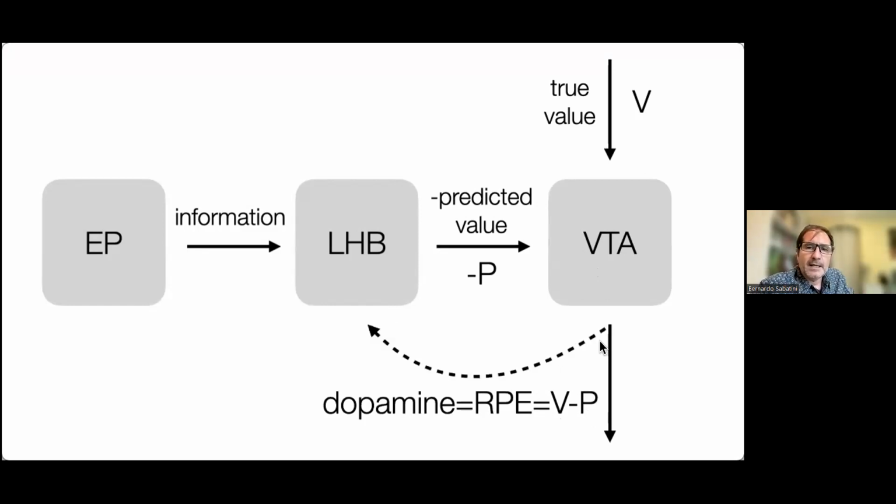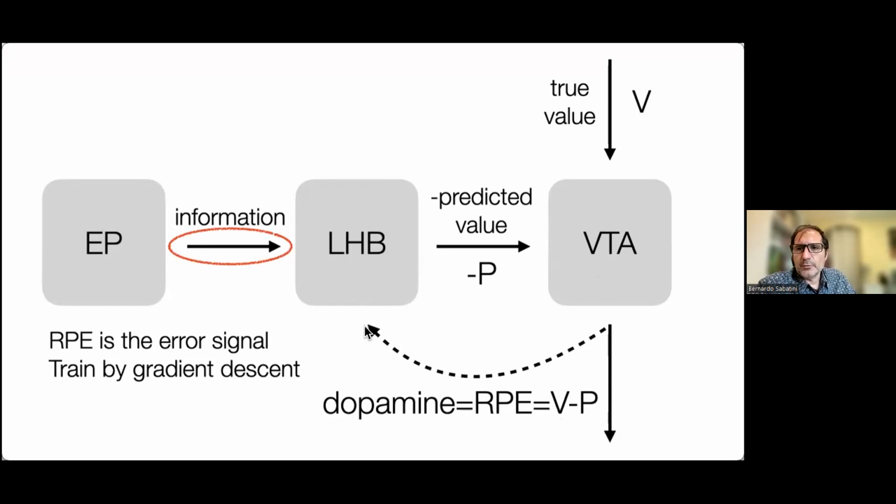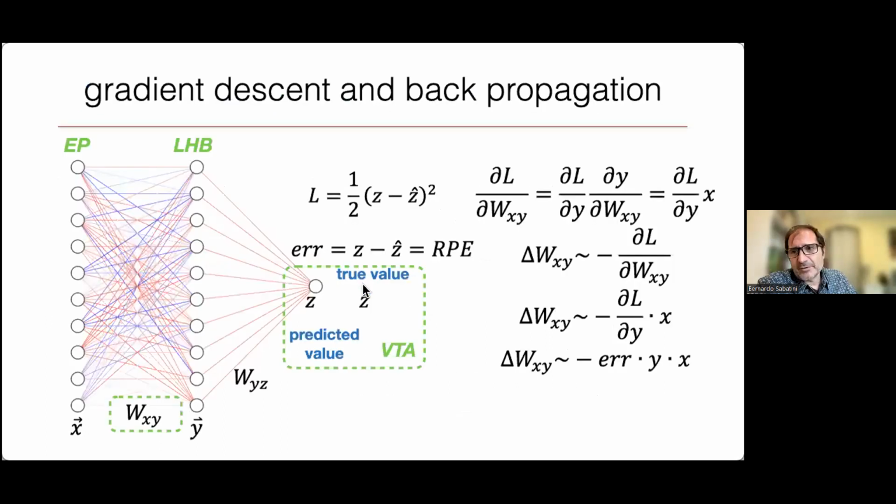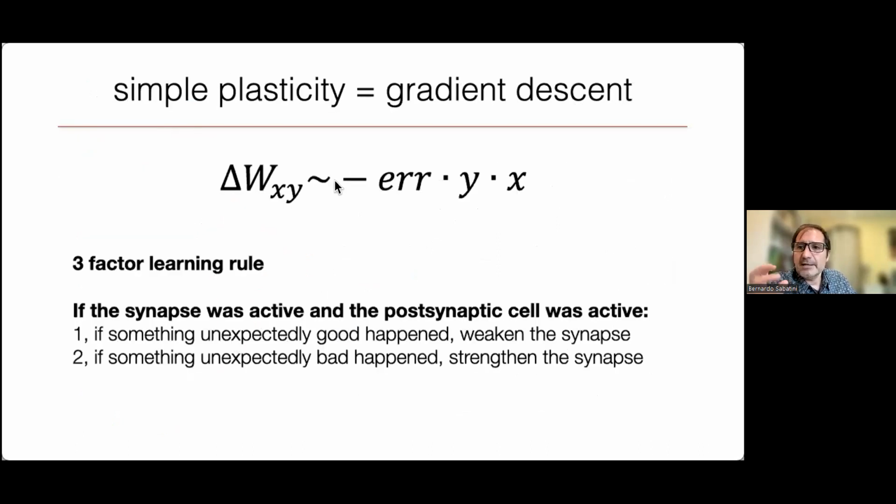Now, if that information of this error signal is provided back to the habenula, then that is exactly the learning signal that one needs to teach and train the synapse by so-called gradient descent in order for the habenula to encode value perfectly. I'm not going to show you how this is done. It works. For those of you that care about the math, you can go and calculate and do backpropagation of differentials on your own. But the point being that this synapse between the endopeduncular nucleus and the lateral habenula, if it's exposed to this error signal, can then learn to calculate value based on this very simple rule,